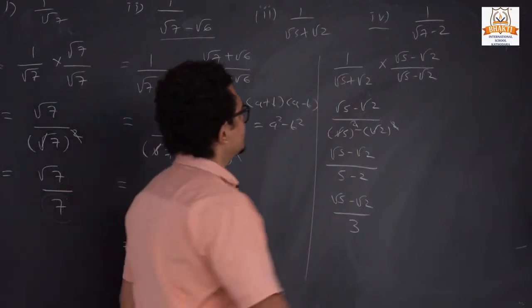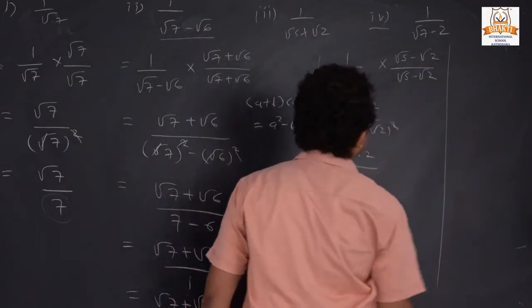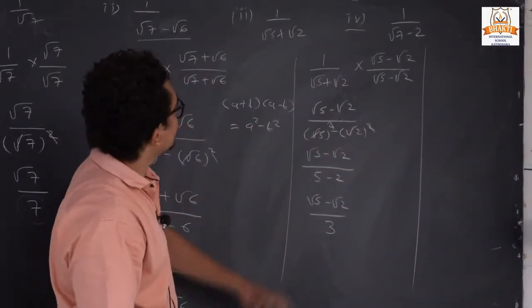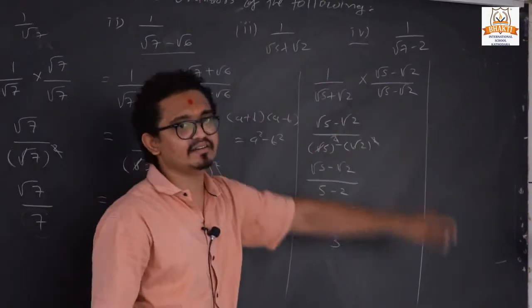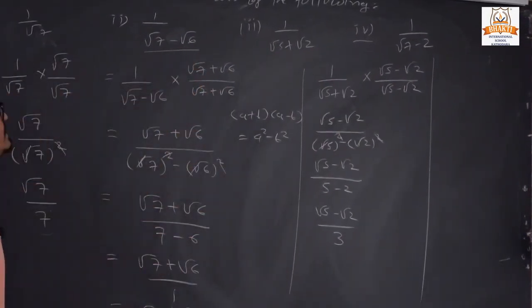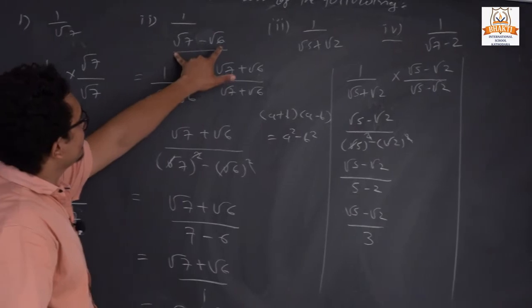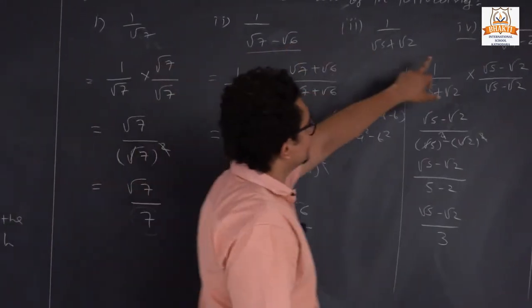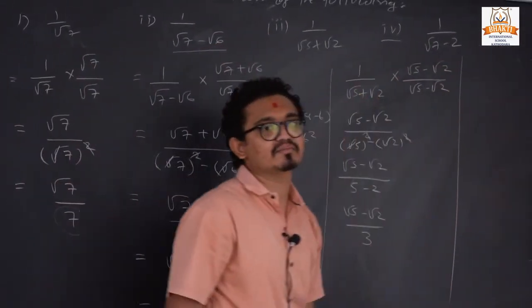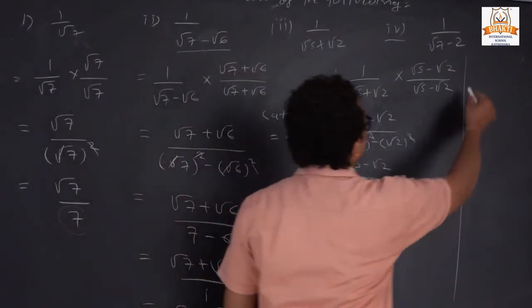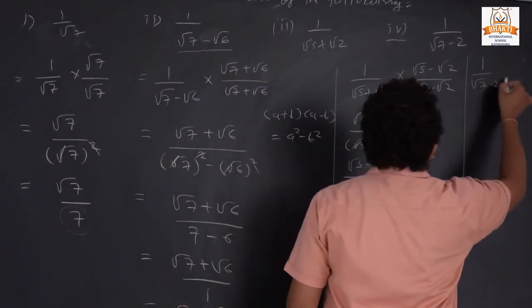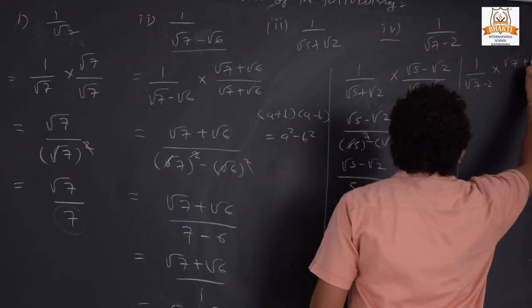And in the last question, question number 4, it is the same. Here it is same as question number 2, but there is a little change. Here both terms have the square root. In the last case what happened? 2 will remain the same. So once again 7 minus 2. So we can take the surds of plus.